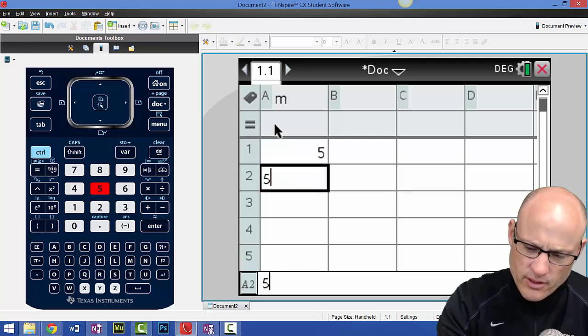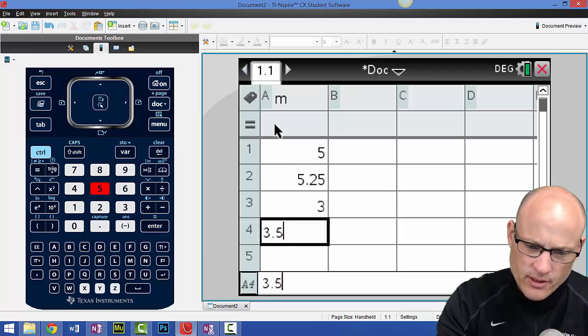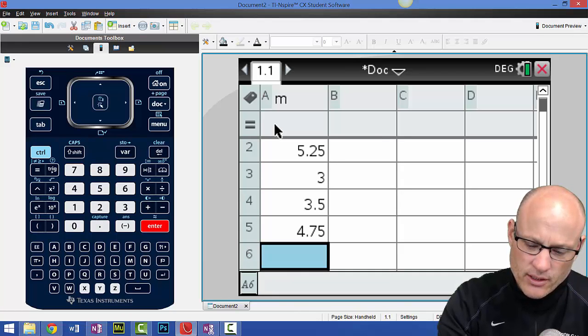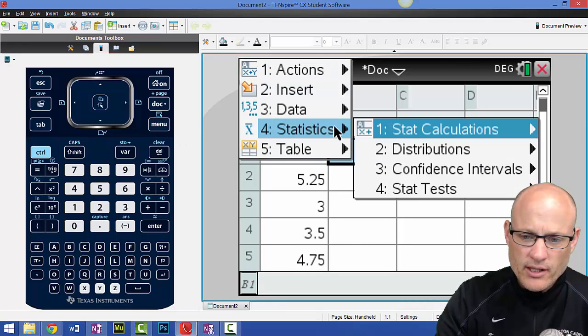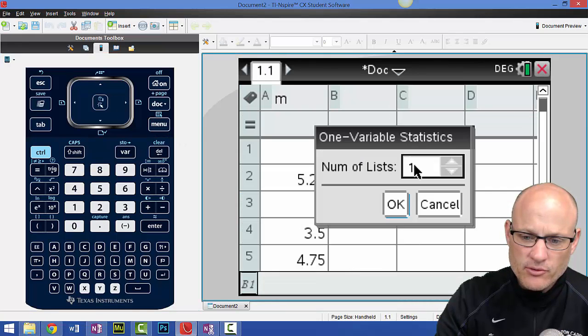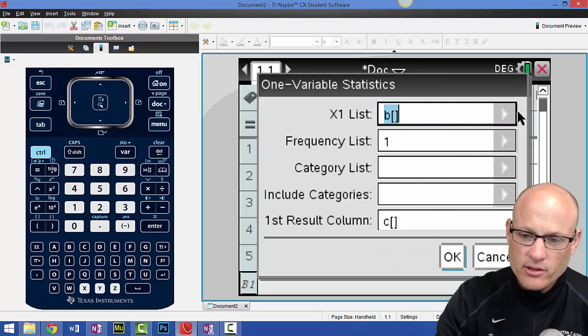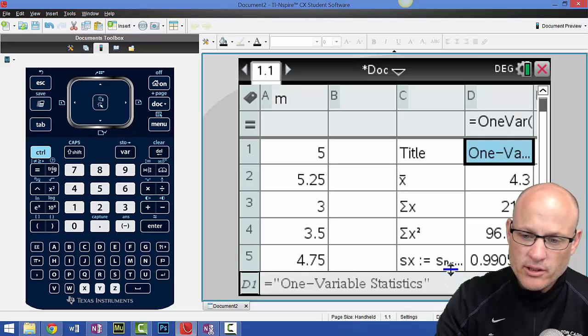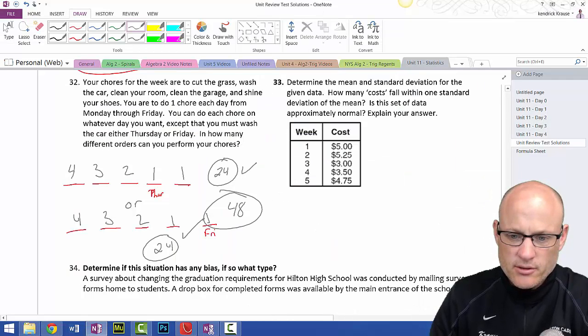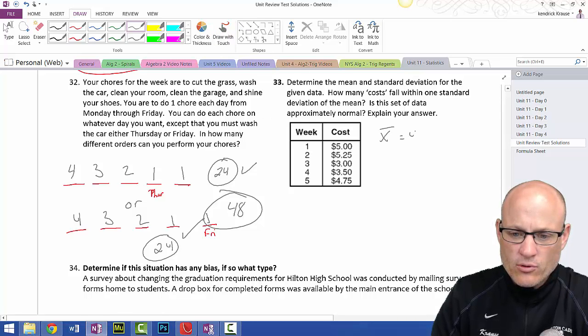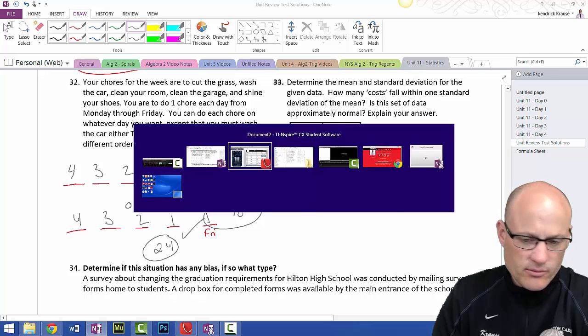5, 5.25, 3, 3.5, 4.75. Go into menu, stat calculations, 1 variable statistics, click OK, click on the money, click OK. So my mean is 4.3. My X bar is 4.3, and my standard deviation is